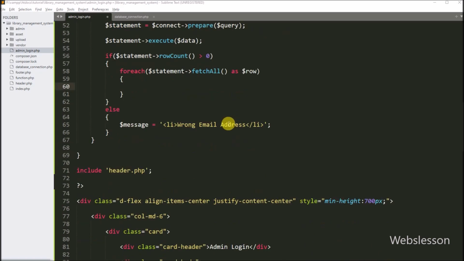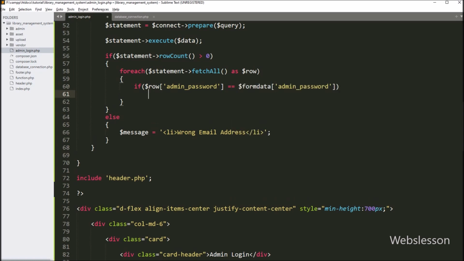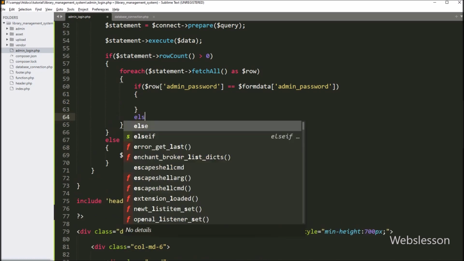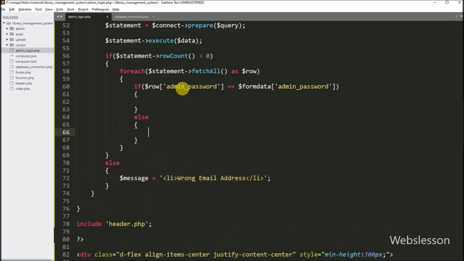Under this loop, we write an if statement, and under the condition, we write the $row admin password variable value is equal to the value of the $form_data admin password variable. Suppose this condition is false, that means the admin has entered a wrong password, and it will execute the else block of code, and here we write $message is equal to "Wrong password".